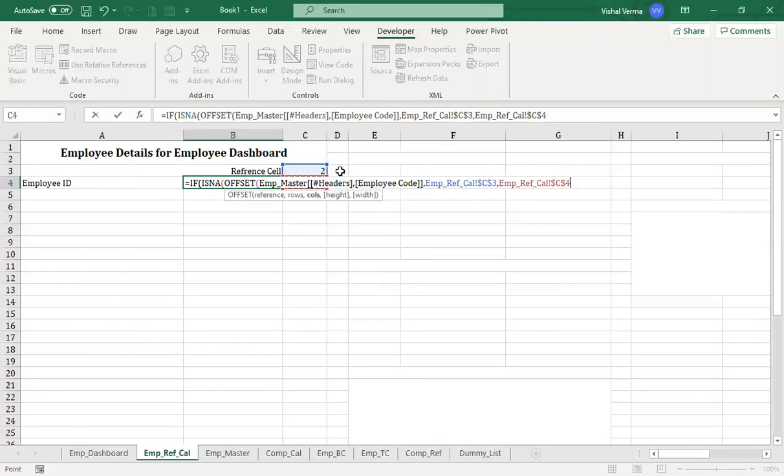So it will go to this particular column, whatever column has been mentioned here. Then we'll close the OFFSET function.